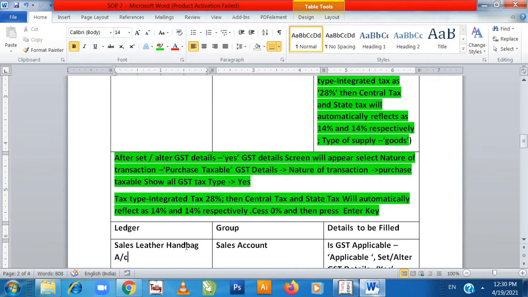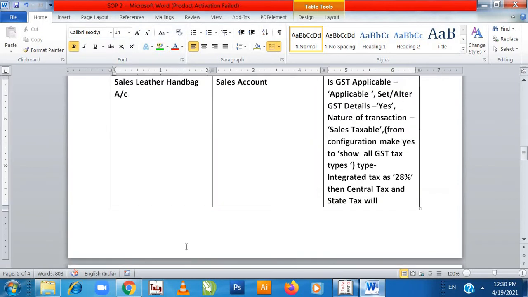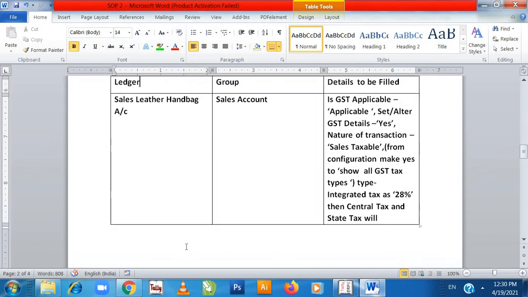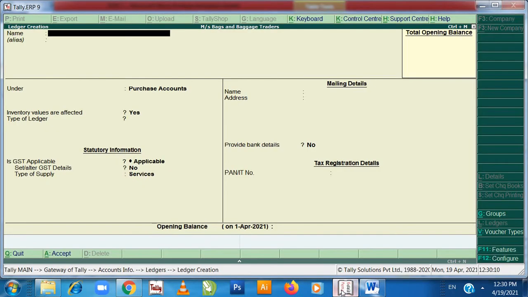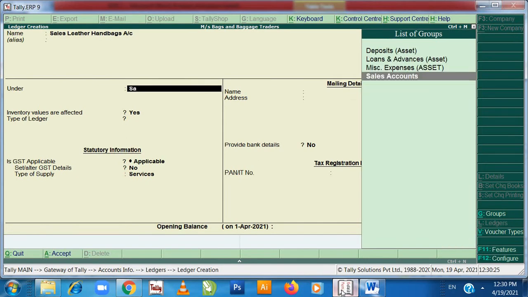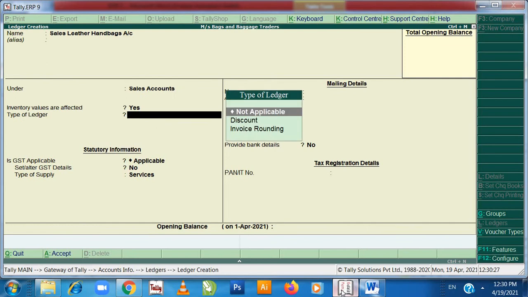Now we need to create one more ledger, that is the sales leather handbag account under sales account. Again go over here, sales leather handbags account under sales account.